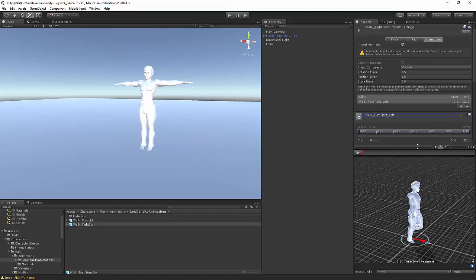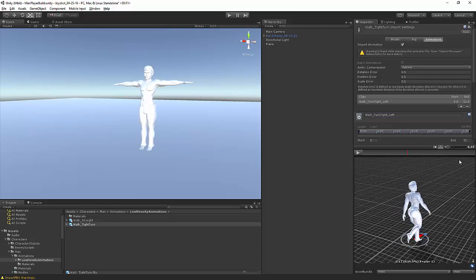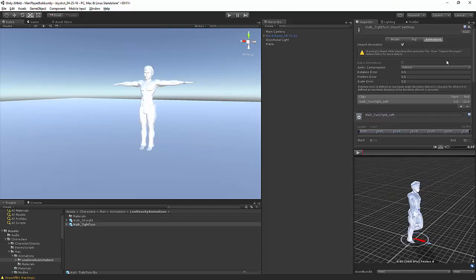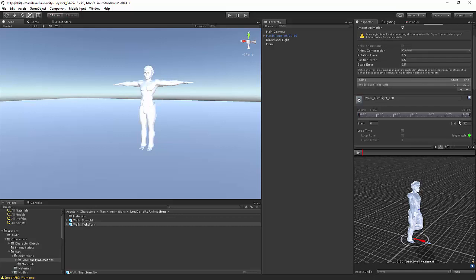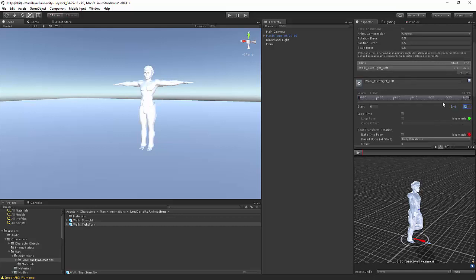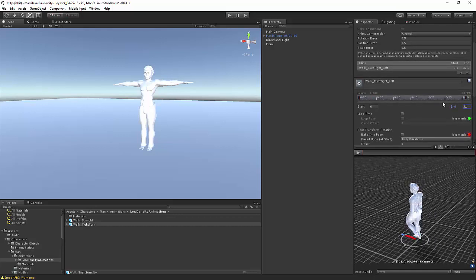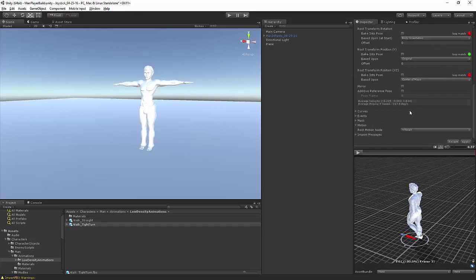The reason why it's a tight turn is because with the female character's animation, I actually had 2 different animations, a turn and a tight turn. To be honest, this is an experiment to see if I actually need that intermediary turn, or if I can just have straight and tight turn and leave it at that. That's my suspicion, since it blends between the 2 anyway. Alright, loop it,